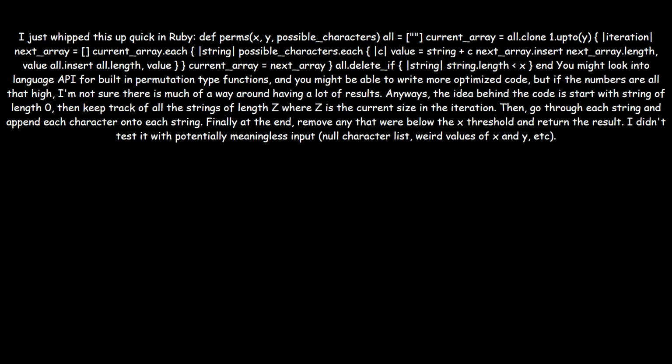next_array.insert(next_array.length, value); all.insert(all.length, value); } } current_array = next_array }; all.delete_if { |string| string.length < x }; end